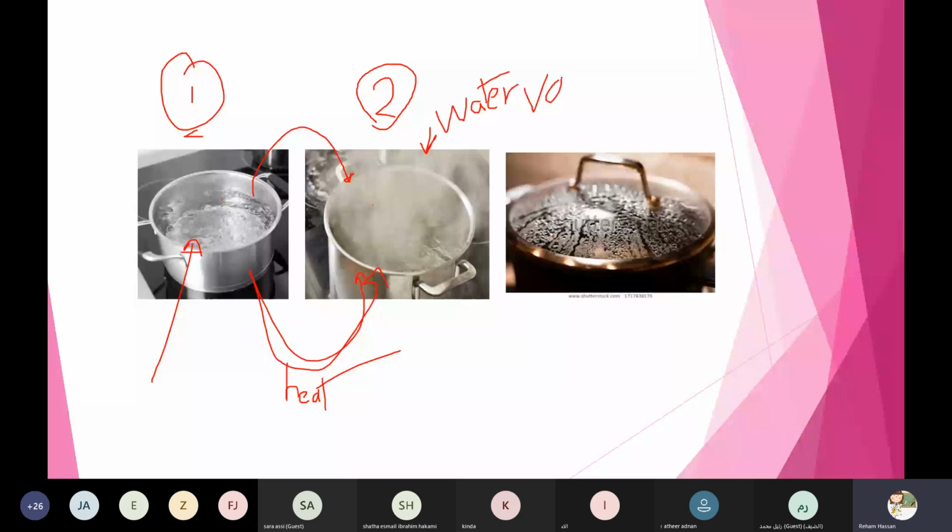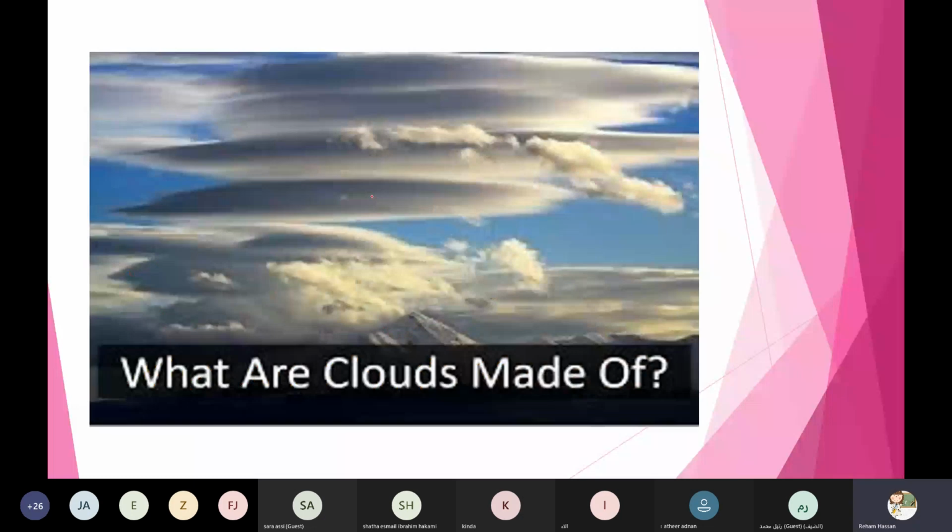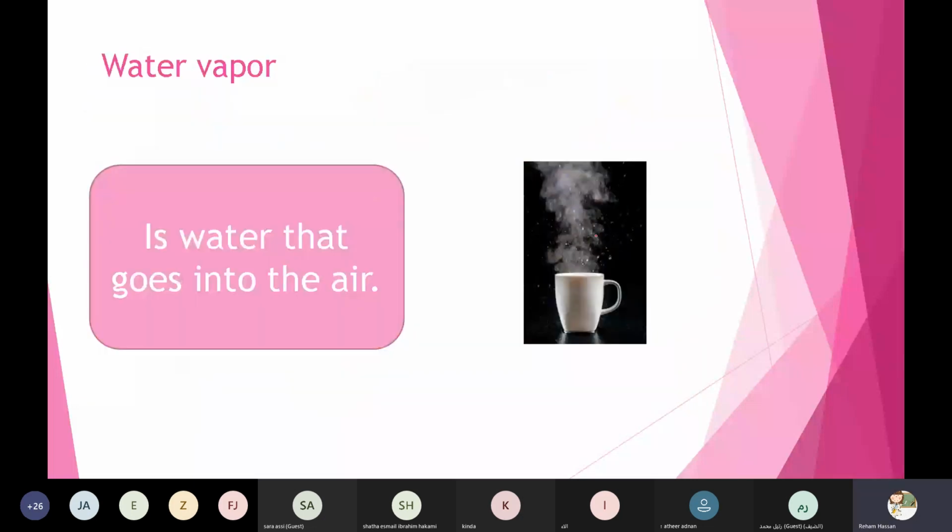So all of you now, repeat after me. It is the water vapor. Yes, Sarah, it is the water vapor. Sarah? Yes, Sarah.